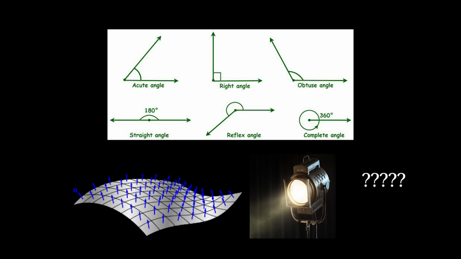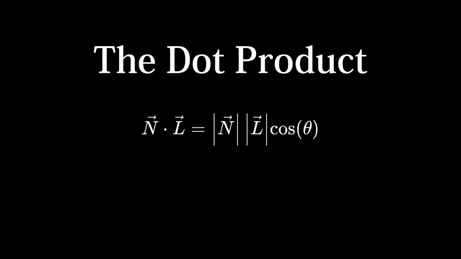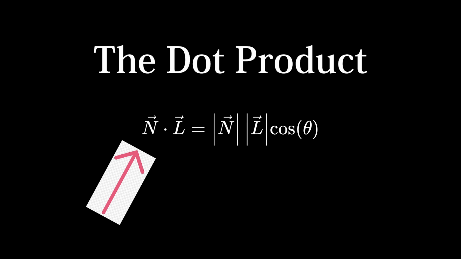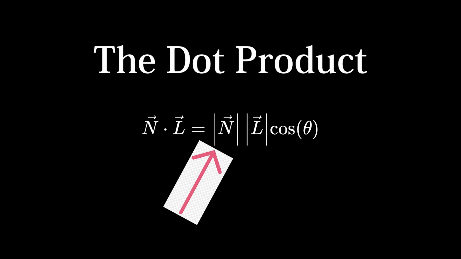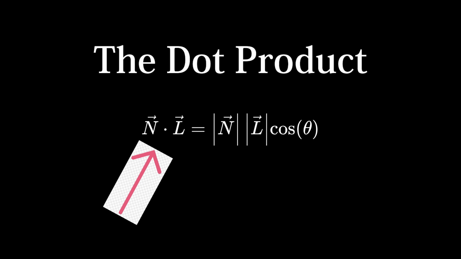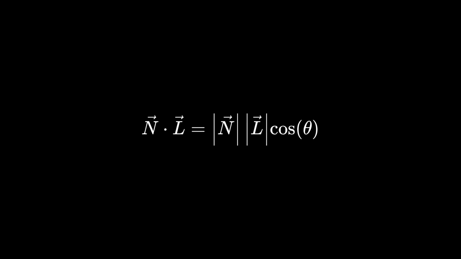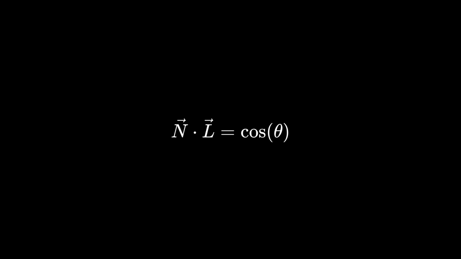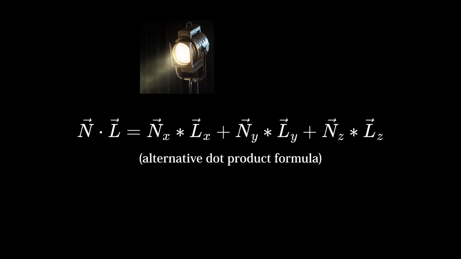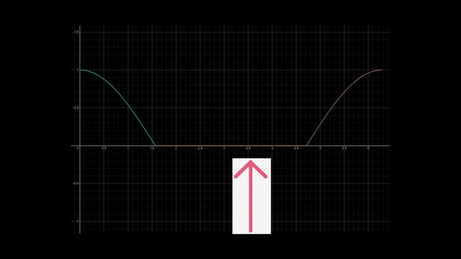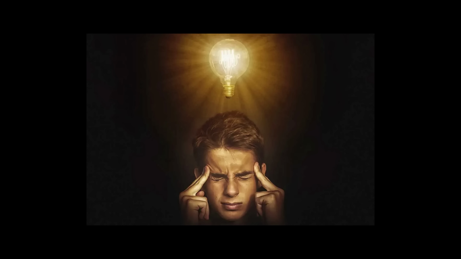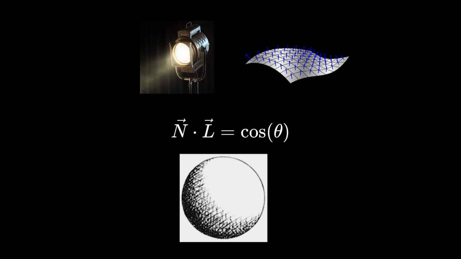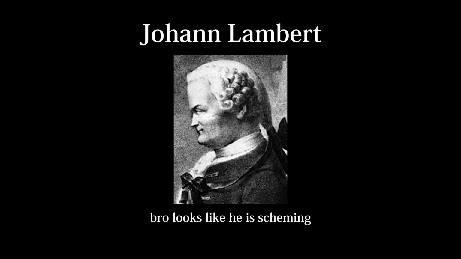But how do we get the angle between the vectors? If we look at the equation for the dot product of two vectors, we can see that the dot product is equal to the product of the vectors' magnitudes times the cosine of the angle between the two vectors. Since our light direction and surface normal are normalized vectors, their magnitudes are both equal to 1, so all that's left is the cosine of the angle. This means that if we take the dot product of our light direction and surface normal, we are given a value between 0 and 1 that describes how bright the point on the surface of the sphere should be, and we have successfully derived what's known as Lambert's cosine law. This concept was introduced back in 1760 by Johann Lambert in his book Photometria, hence why we call it the